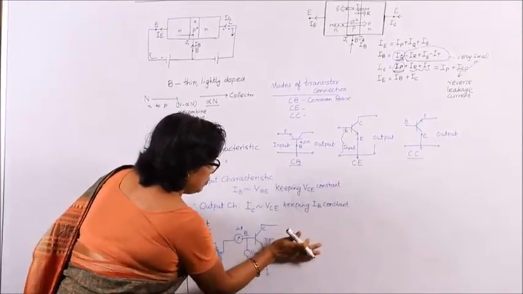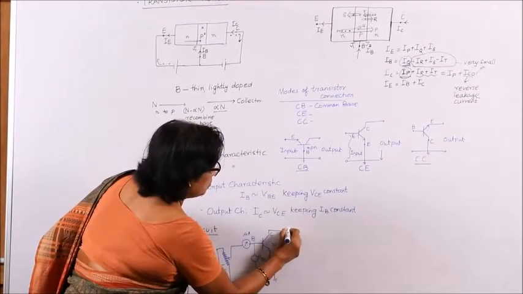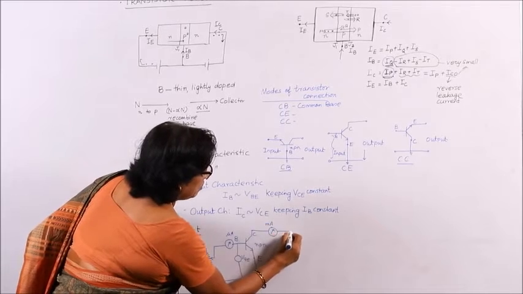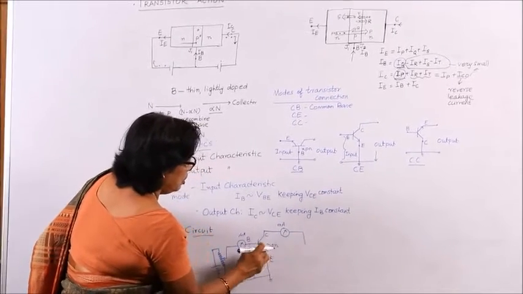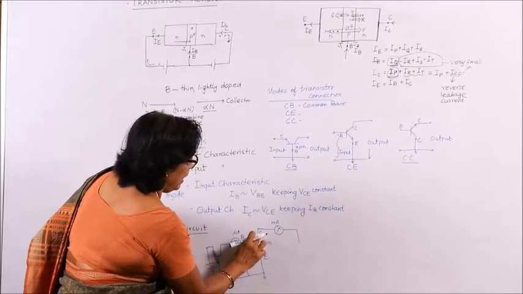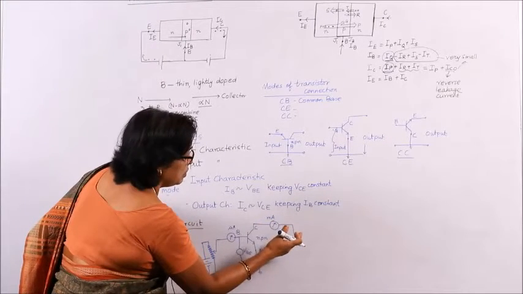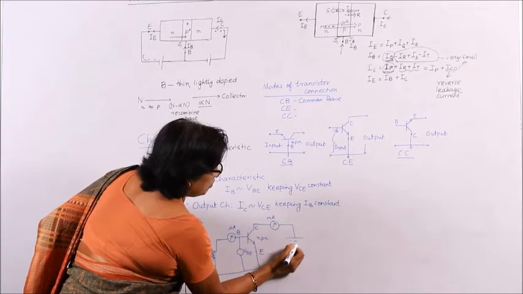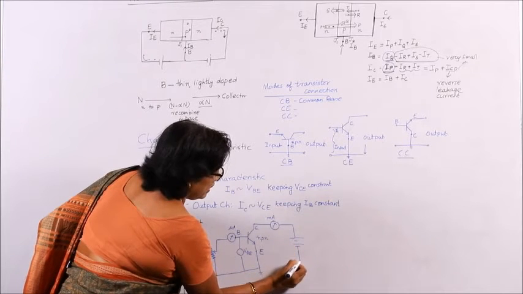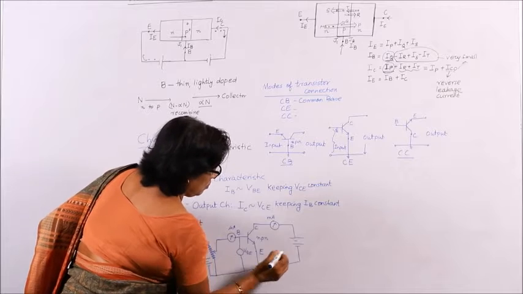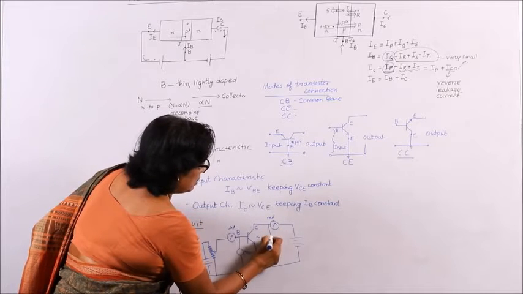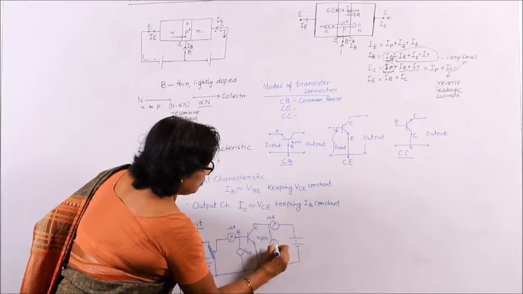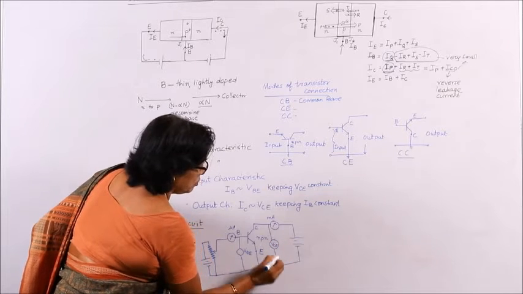Similarly, on the collector side, we should be able to measure the collector current. So, this is a milliammeter. Then we must connect it reverse bias. Now, N, P, N: N must be connected to what? To make it reverse bias, it is positive. So, N is positive, and the other side negative. So, this negative now is connected here. And I must be able to measure the voltage between collector and emitter. So, this is my collector emitter voltage measurement.